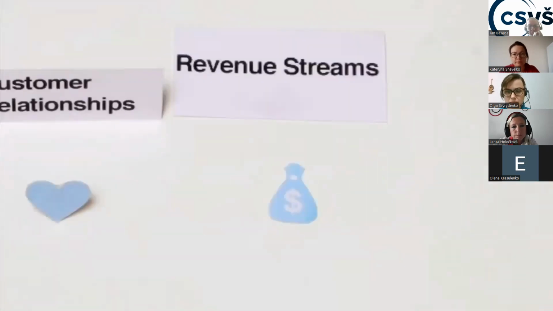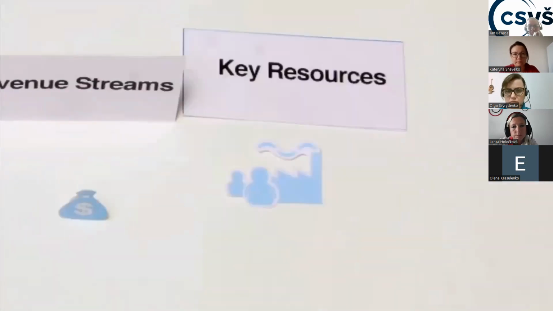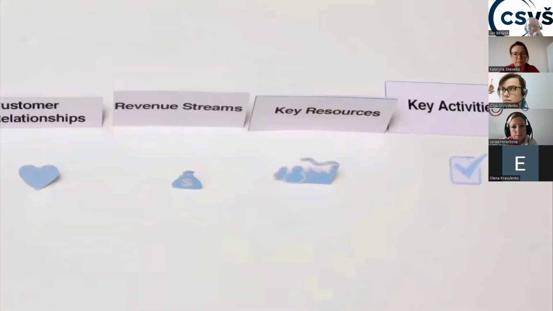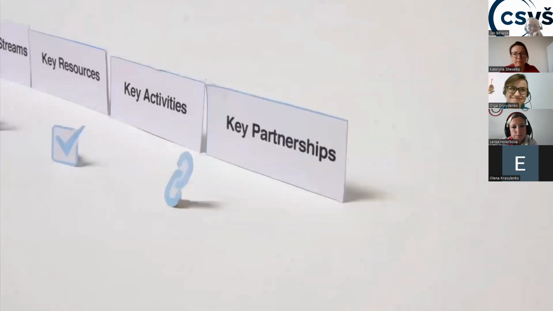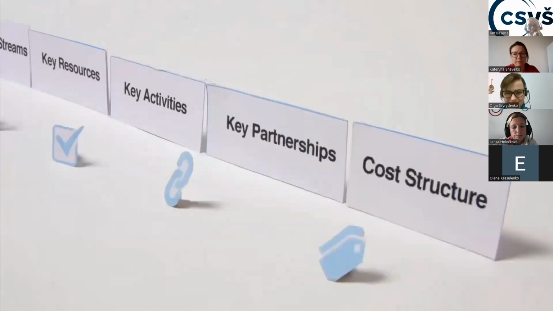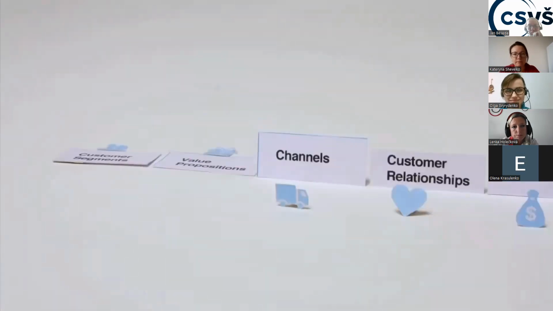Relationships with staff, revenue streams in general, key resources and key activities required to create them, key partners, and the cost structure of the business. But it's not sufficient to just